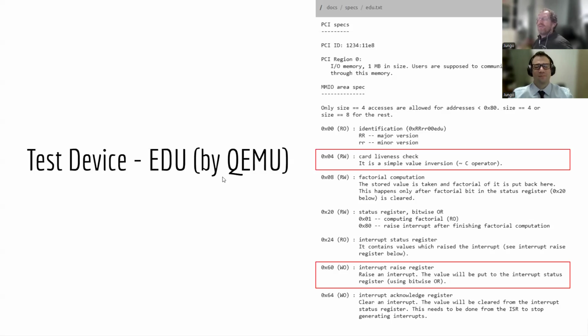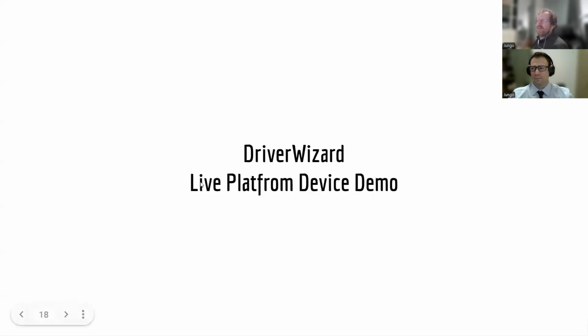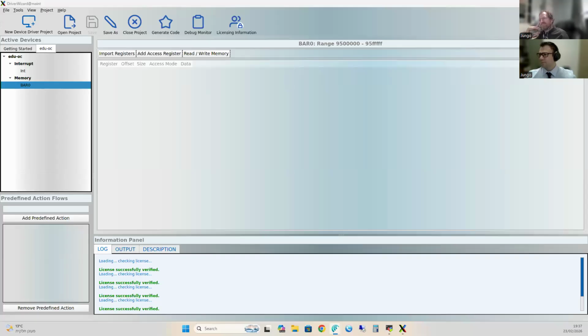And so we're going to go to the demo now, but just to finish talking about eDO, we're going to show two configurations of the same logic, this logic that I discussed, both as a PCI device and as a platform device. So Shlomi, the stage is yours. All right. So I will share my screen. Shlomi is going to show you the actual DriverWizard live. We'll do it live. All right. Can you see? Yeah, I can see that.